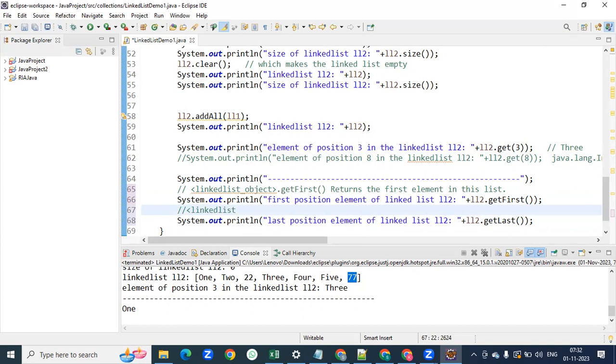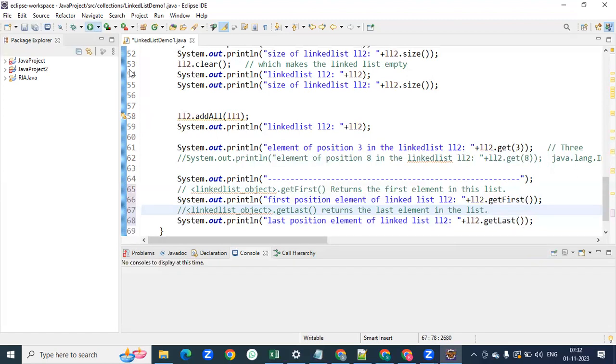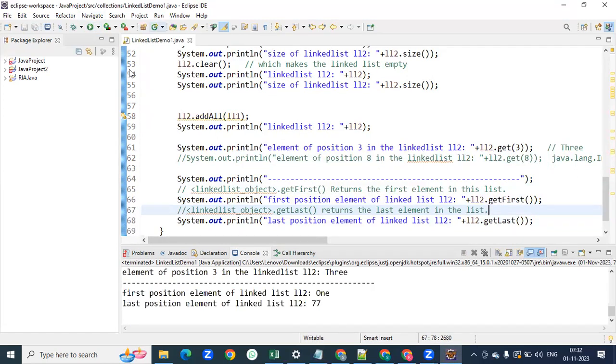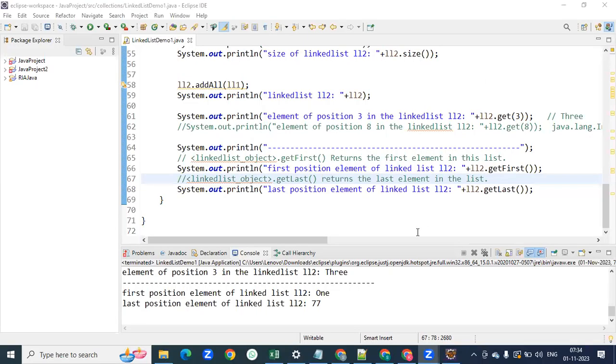Linked list object, get last. It is the last element of the list. Last element what we have is 77. We got here first position 1, last position 77. LL2 dot